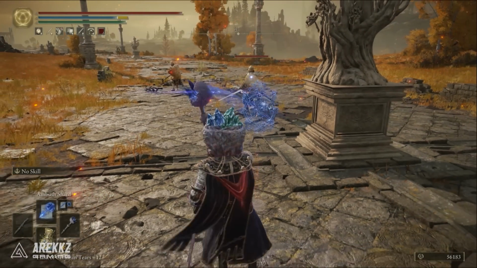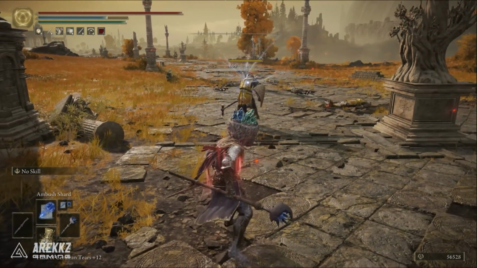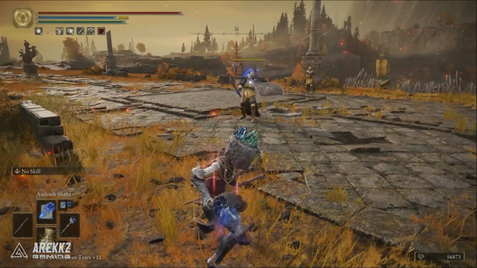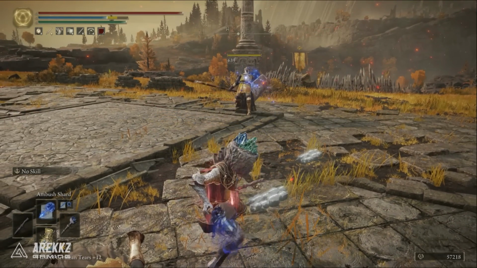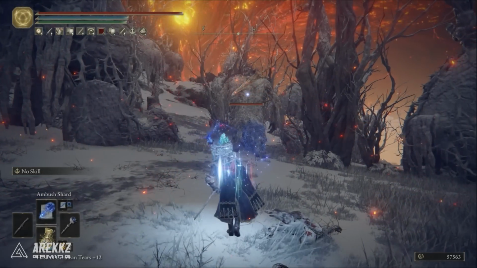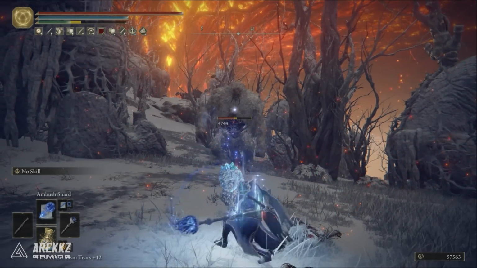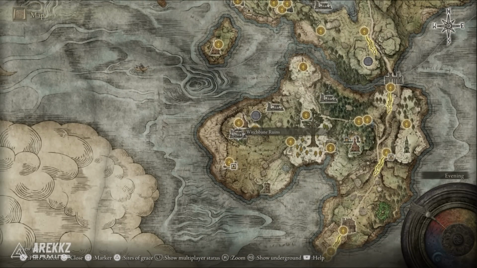This is great against shielded enemies as well as invader enemies because it will appear behind and after a delay shoot the projectile at them, which means they will not time their dodges correctly to dodge this, and with shielded enemies it will hit them in the back, bypassing their big shields. So this one's absolutely fantastic again for this same scenario, but it's also generally good against a lot of bosses as it does do decent damage, especially if you repeatedly cast this over and over again. You can find this one in the Weeping Peninsula area of the map on a corpse in the underground jail